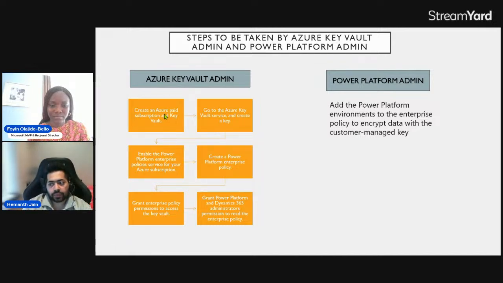So if you have any paid subscription and if it has a key vault, then you are good to go. You can create a key for yourself. And then we can create a Power Platform enterprise policy in order to read that key and grant permission accesses to the key vaults. And then once our key is set up and we have the enterprise policy which talks to that key,